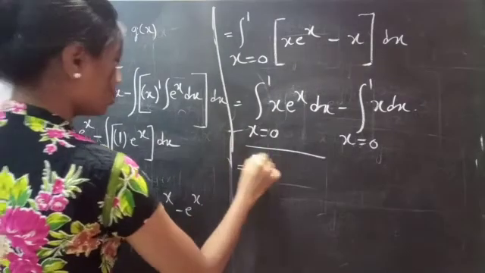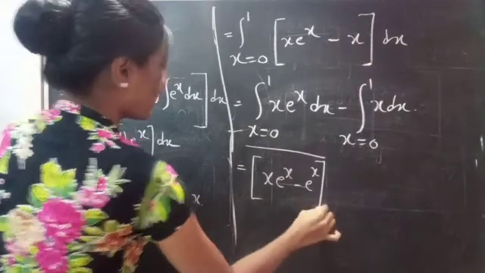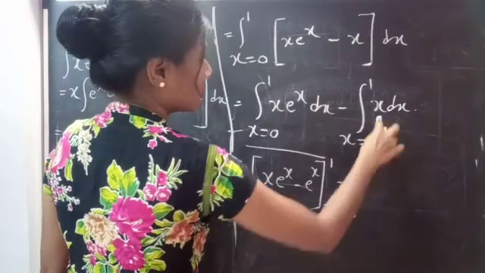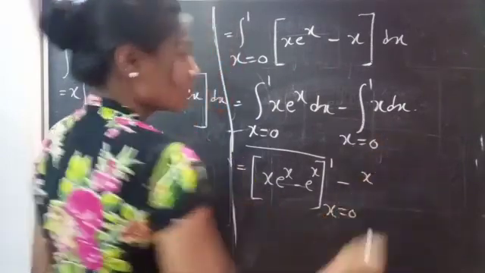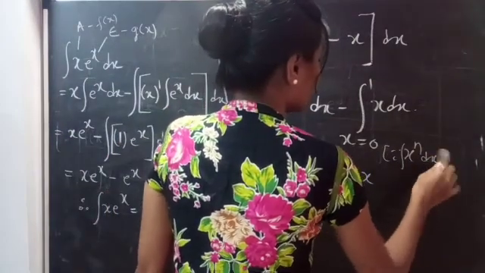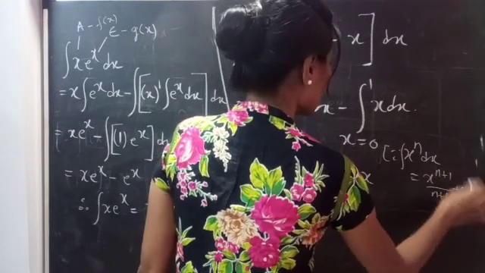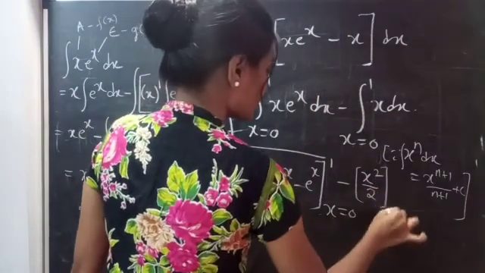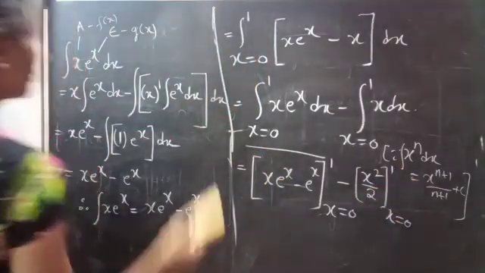So this equals x e power x minus e power x under limits x equals 0 to 1, minus, since the integral x power n dx is equal to x power n plus 1 by n plus 1 plus c, x square by 2 under limits x equals 0 to 1,